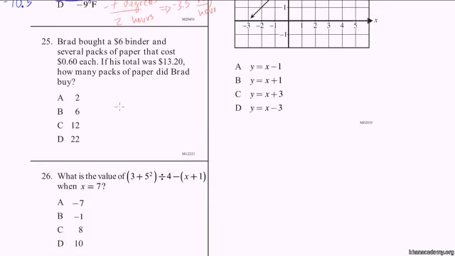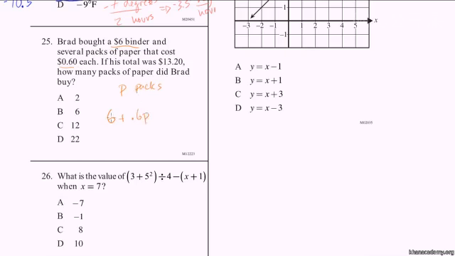Problem 25. Do it in maybe orange. Brad bought a $6 binder and several packs of paper that cost 60 cents each. If his total was $13.20, how many packs of paper did Brad buy? All right, well, let's say he bought P packs of paper. So how much did he spend? He bought a $6 binder, so he spent $6 plus 60 cents per pack times the number of packs he